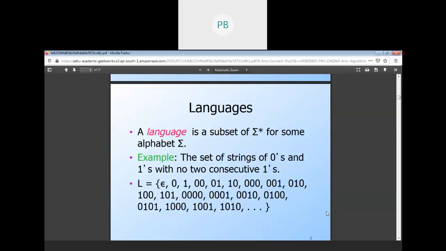So write the name of the book: An Introduction to Automata Theory. Are you listening?